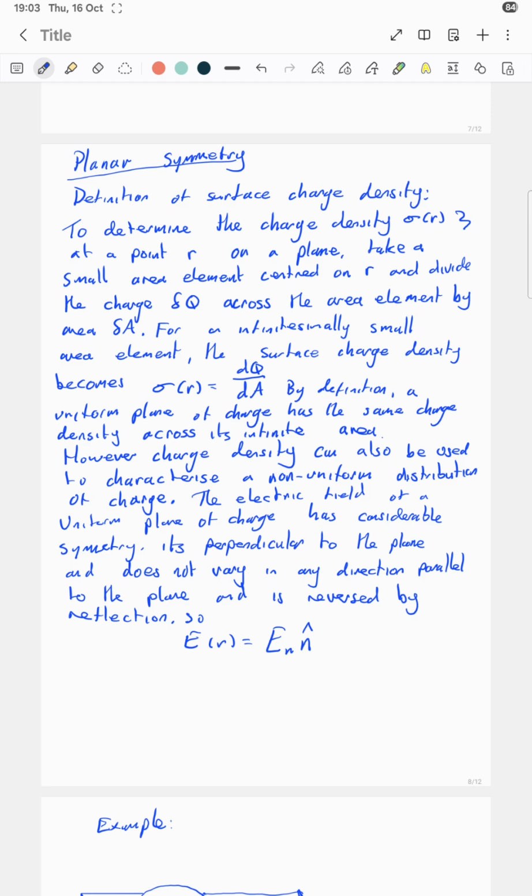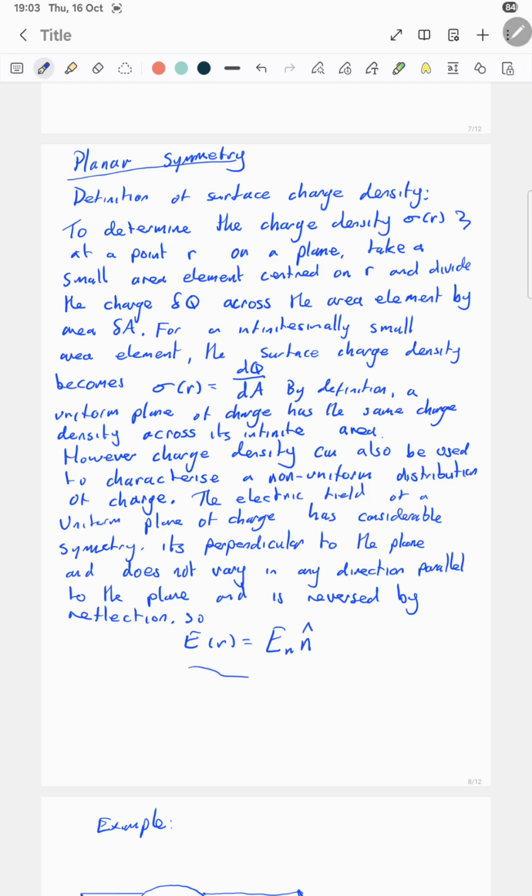A uniform plane of charge has the same charge density across its infinite area. However, charge density can also be used to characterize a non-uniform distribution of charge. The electric field of a uniform plane of charge has considerable symmetry: it is perpendicular to the plane and does not vary in any direction parallel to the plane,